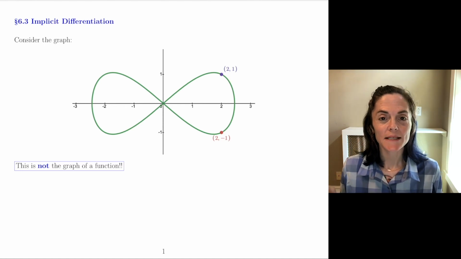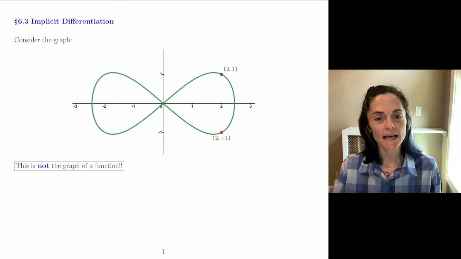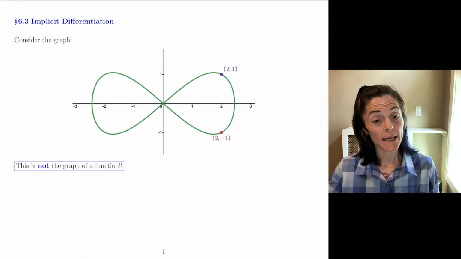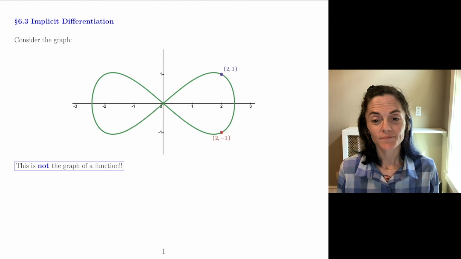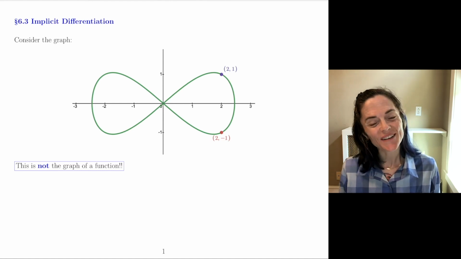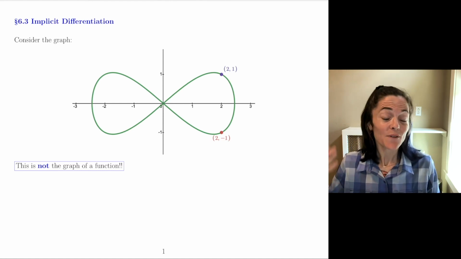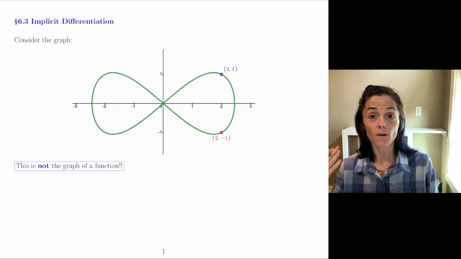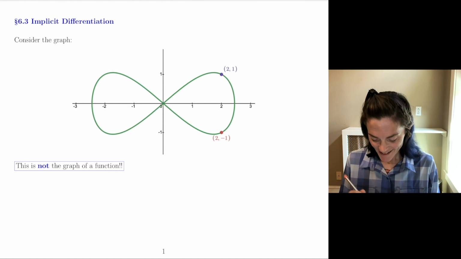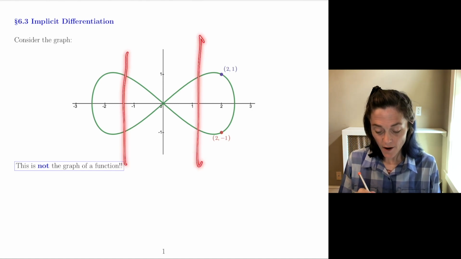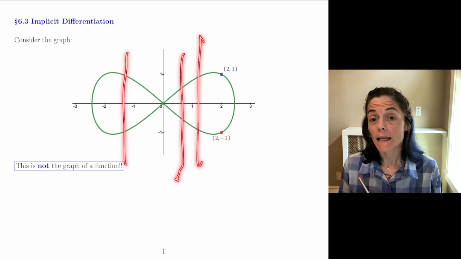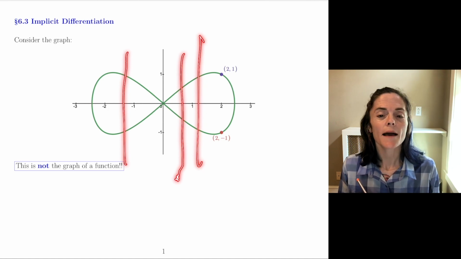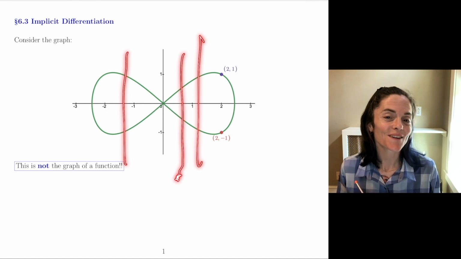Hello, Calculus 1 students. We are here to discuss implicit differentiation. Let's begin by considering this graph. Quite beautiful, but if you look at this graph in green, you can tell this is not the graph of a single function. In particular, there are infinitely many lines that hit this graph more than one time, and so this fails the vertical line